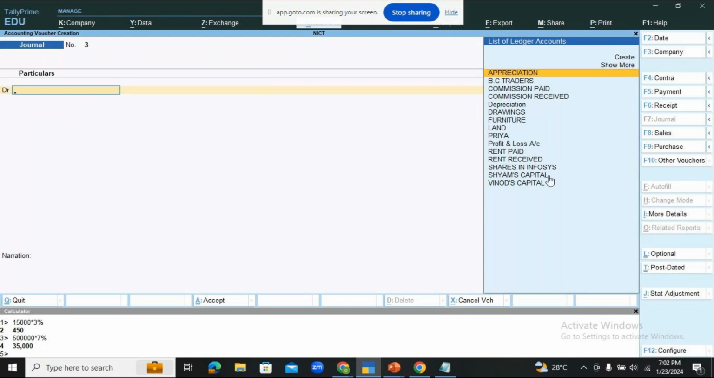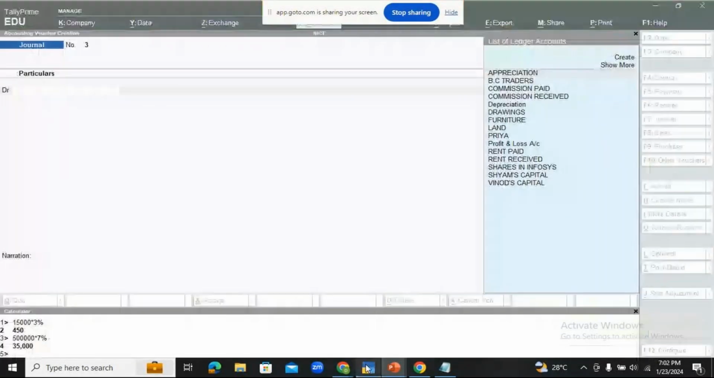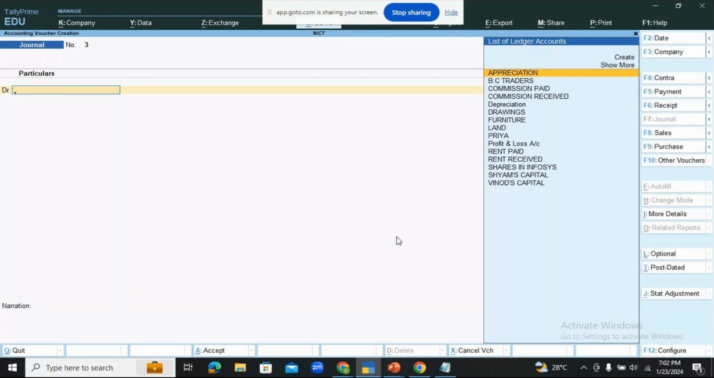Accept. Yes. So once we're done with the calculations, we can turn off the calculator pane at the bottom. Can you see that cross mark there? Just click on that cross mark. So this is how we can use a calculator pane and you can make the necessary calculations in Tally software. Now we go for the last entry, which says